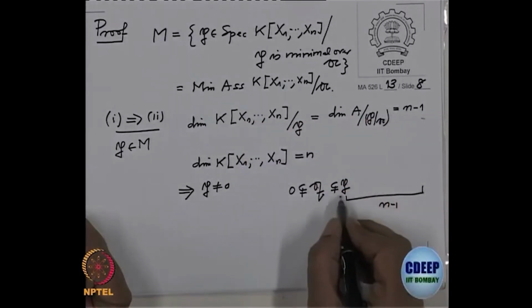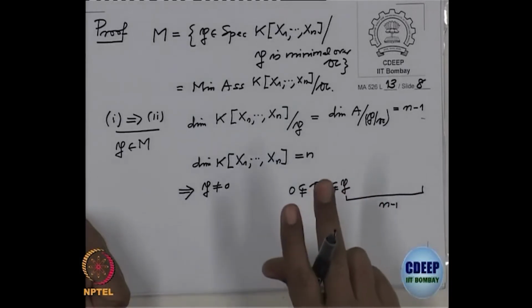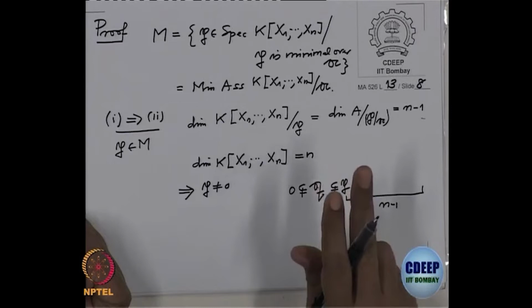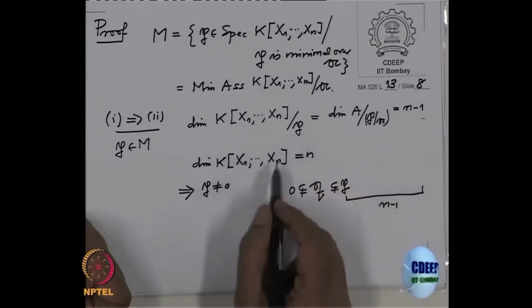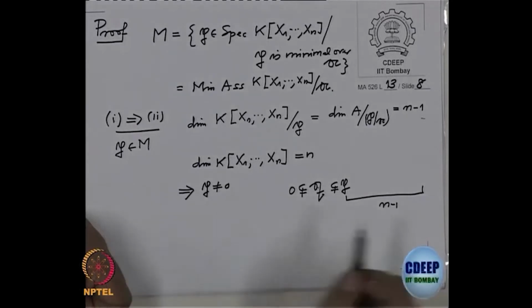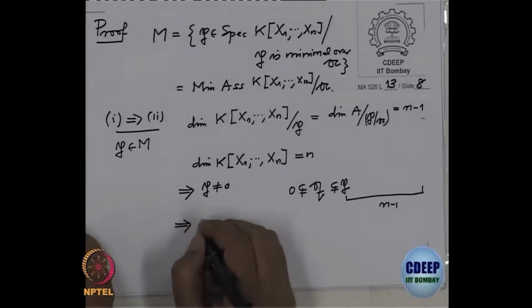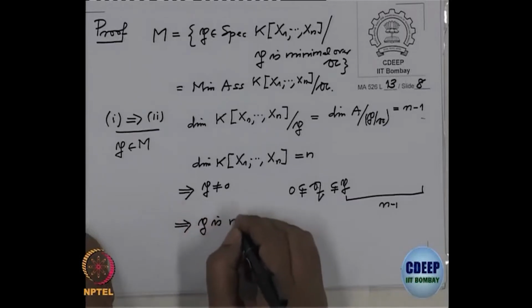So, therefore, the chain will increase at least by 2. That will show that the dimension of the polynomial ring will be at least n plus 1, but that is not correct. Therefore, that proves 2. So, that implies P is minimal